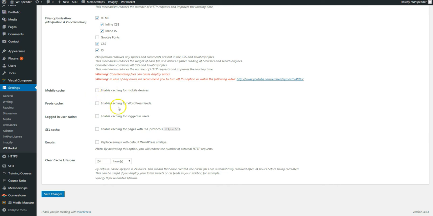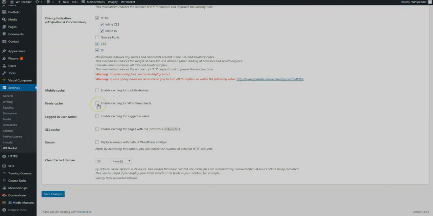Your feeds cache, enable caching for WordPress feeds. It depends on if you want to show your users new content from your feeds or not. If you leave it off, they're going to get the live updates. If you select this as on,